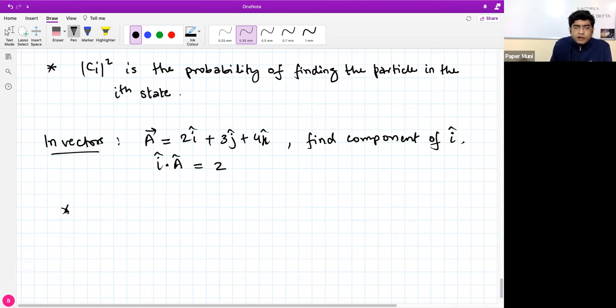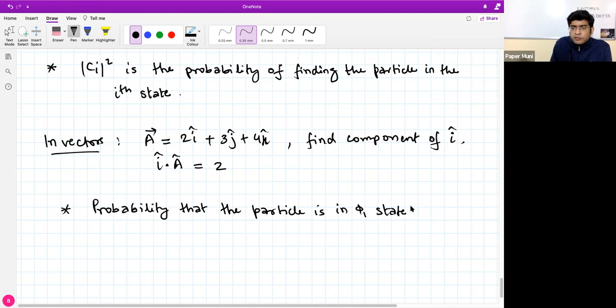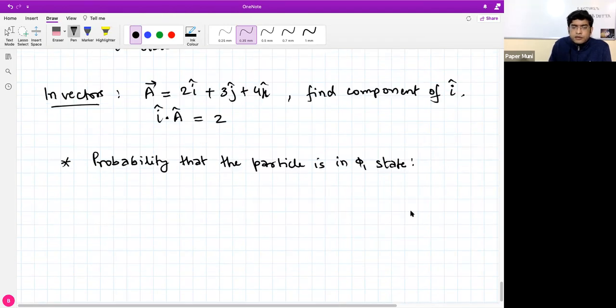If I want to find out the probability that the particle is in the phi 1 state. All right. So in this case, say if the state is given to me like this, C1 phi 1 plus C2 phi 2. All right. So in this case,